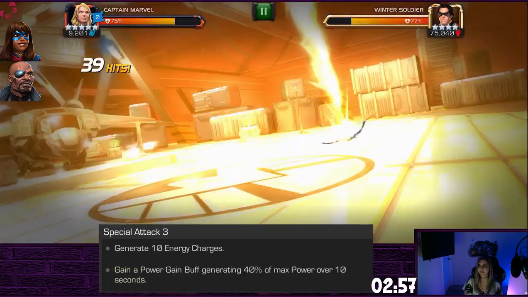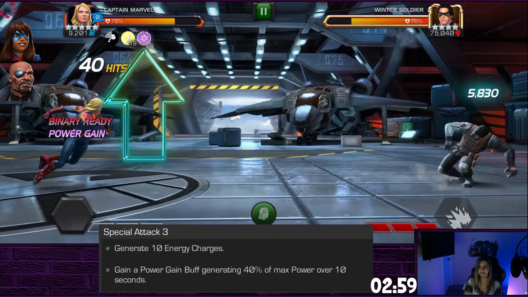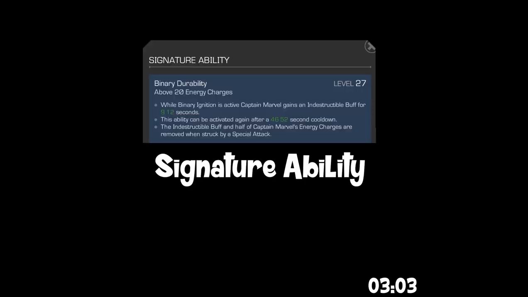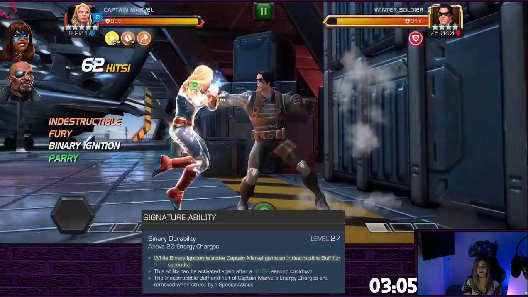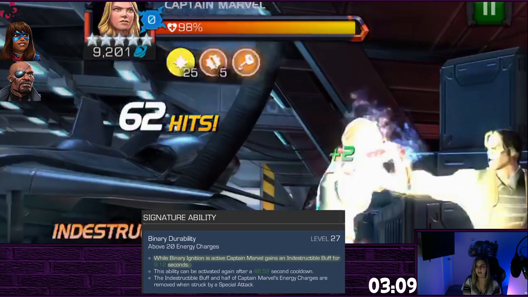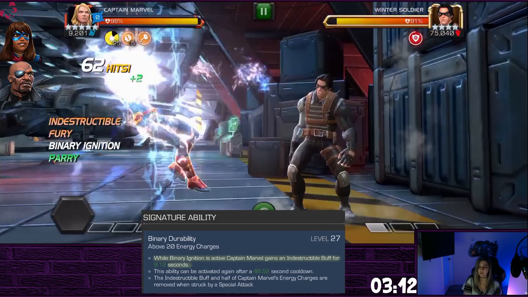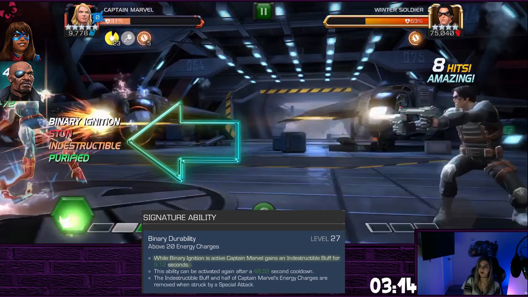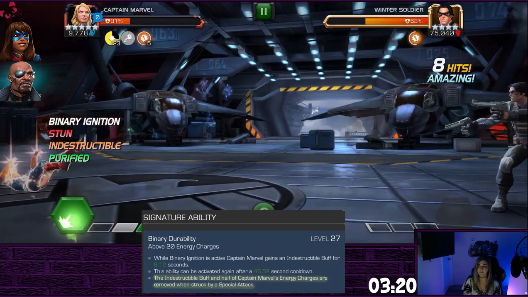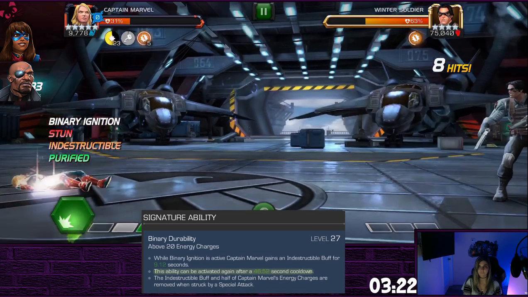Her special 3 gives you 10 charges when she is in normal mode and a 10-second power gain buff for 40% of her max power in either mode. She gains an indestructible buff that will last up to 12 seconds, depending on her signature level, when awakened at the start of binary mode, as long as you have at least 20 charges. If you are hit by a special while the indestructible is on, you will lose it and half of your binary charges. After the indestructible buff wears off, it will go on a cooldown of no less than 40 seconds